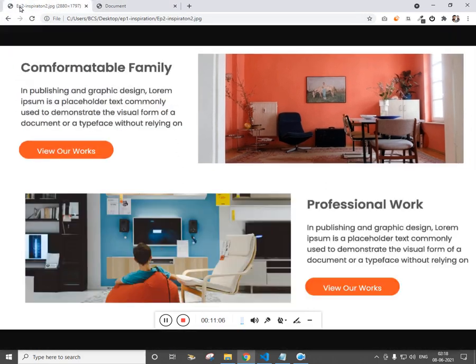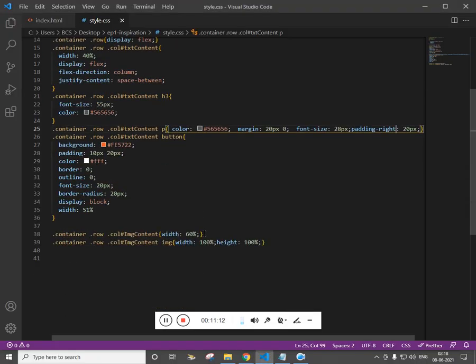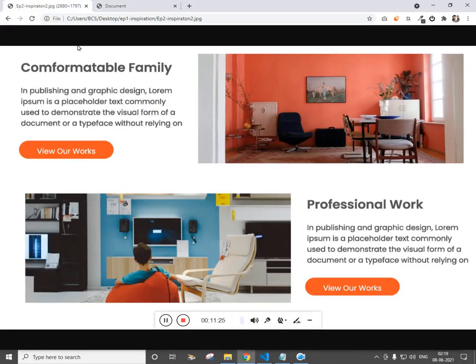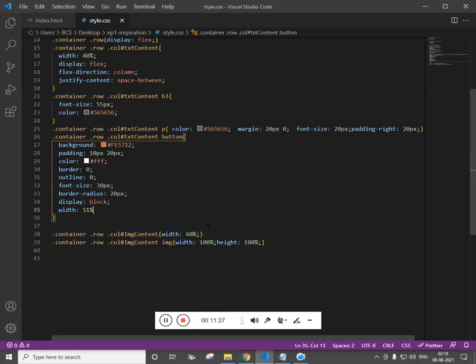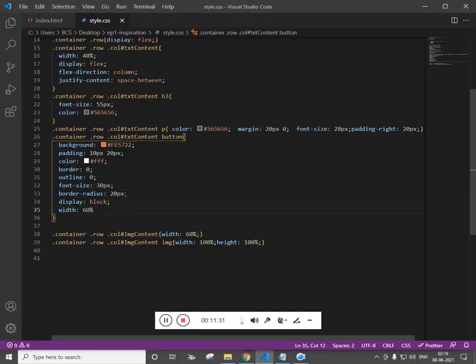Cool. Let's increase the font size for the button. And let's increase the width to 60 and border radius to 25, 35.